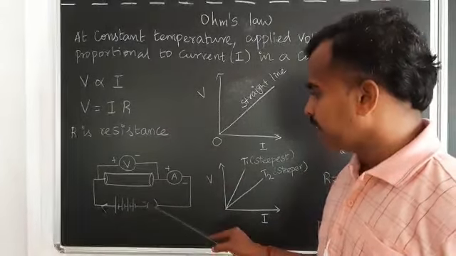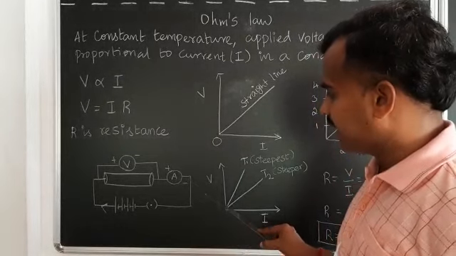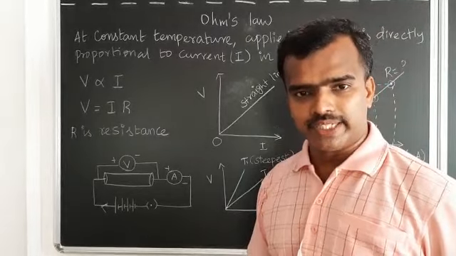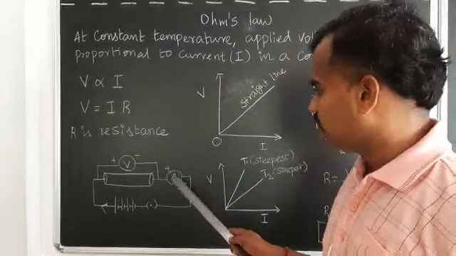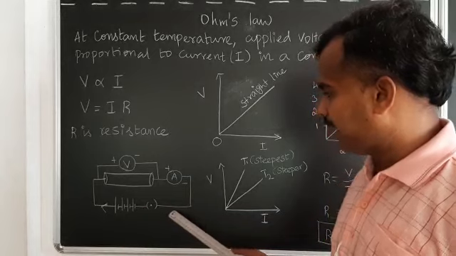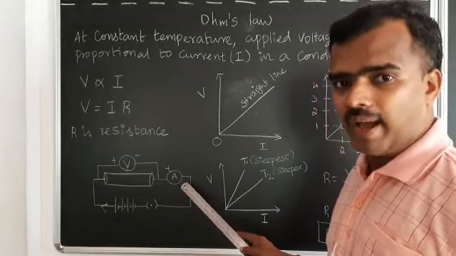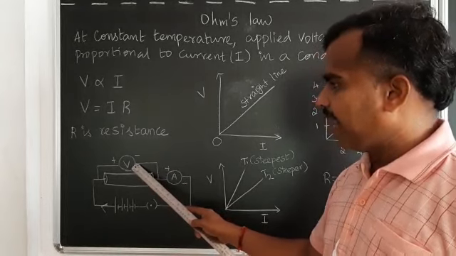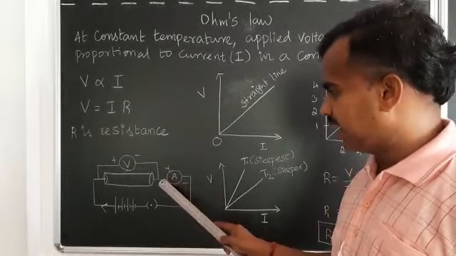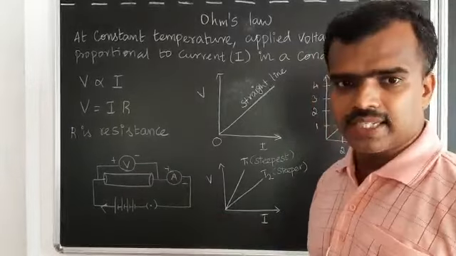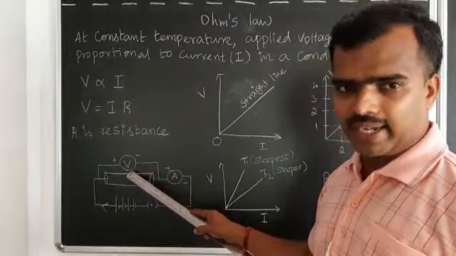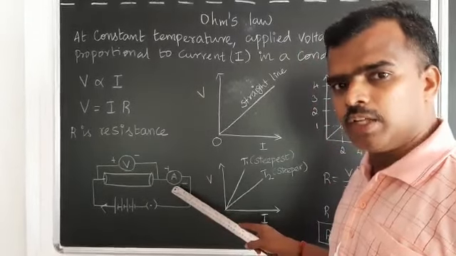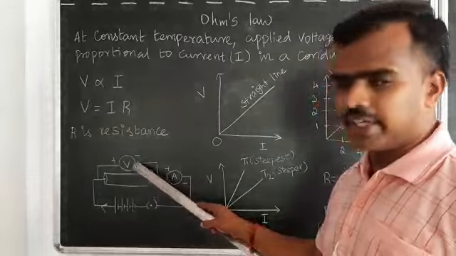And similarly here we have a key connected in series with one ammeter. What is the role of the ammeter? To measure current, yes. Here the negative terminal of the battery is connected to the negative terminal of the ammeter, and the positive terminal of the ammeter is connected to the conductor, and the other side of the voltmeter, the minus sign, is connected to that point. Yes, it's clear. The voltmeter is connected in parallel because of high resistance, and the ammeter is connected in series because of low resistance, to measure current and to measure volt.